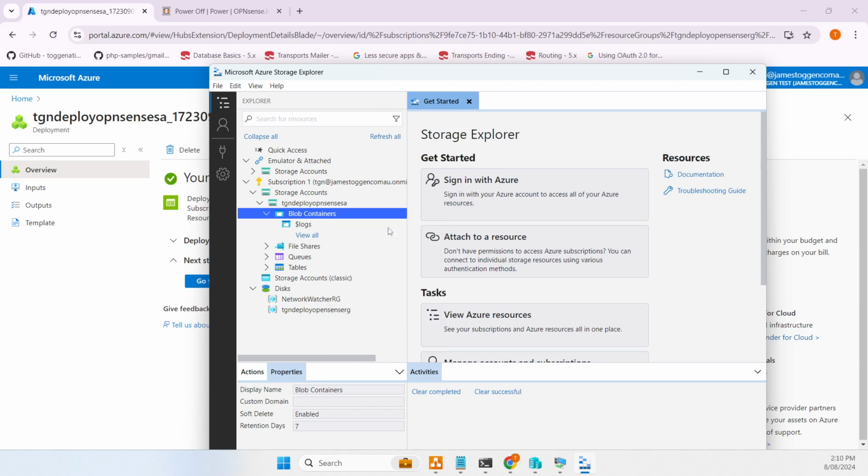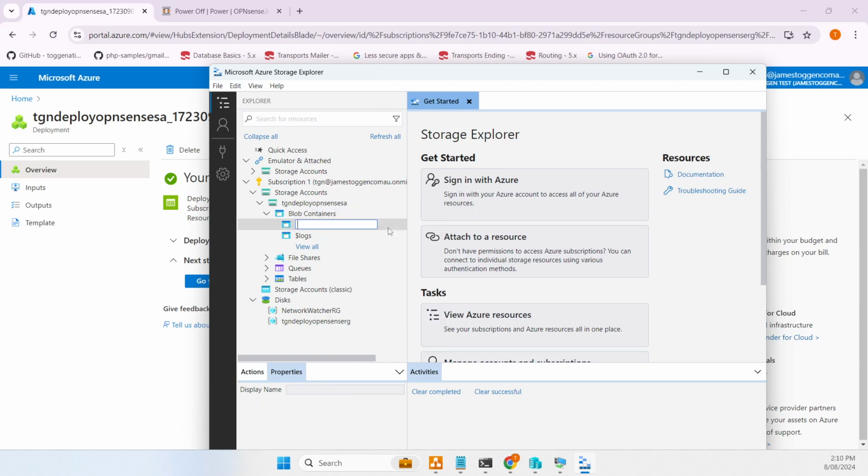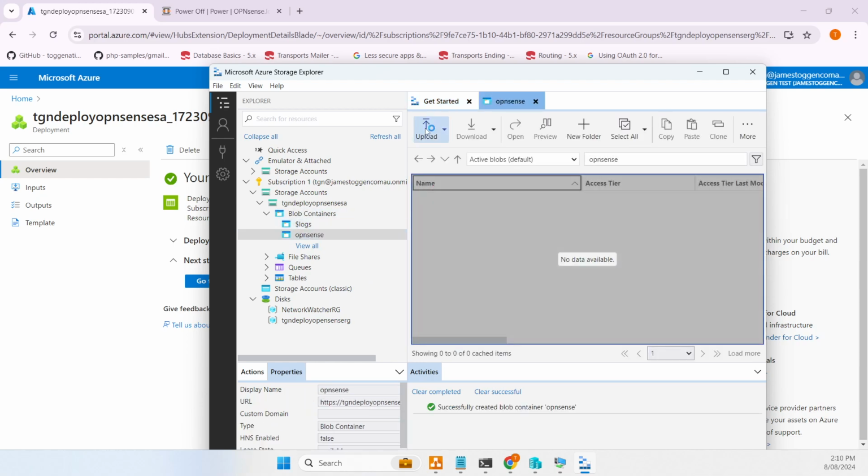So create a container and we can just call it OPNSense, and we just want to go and find the